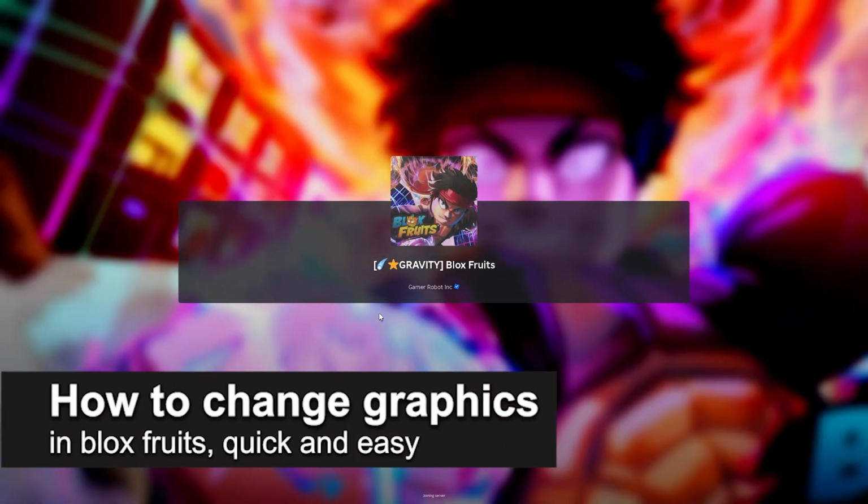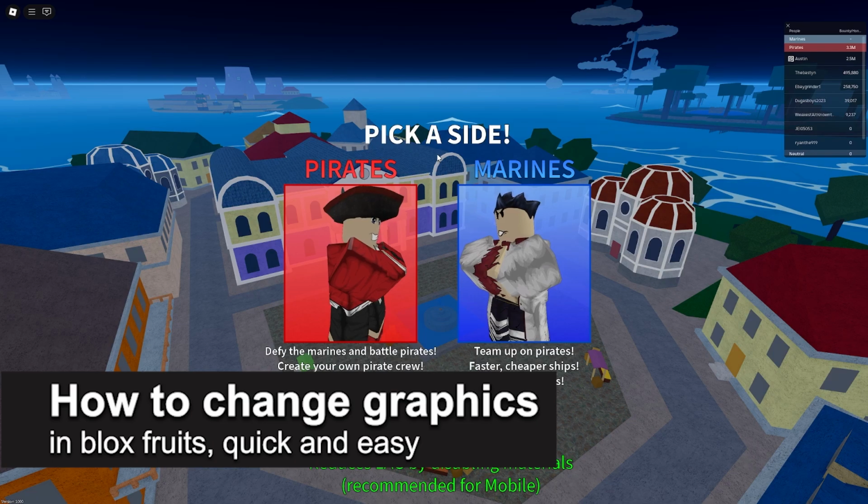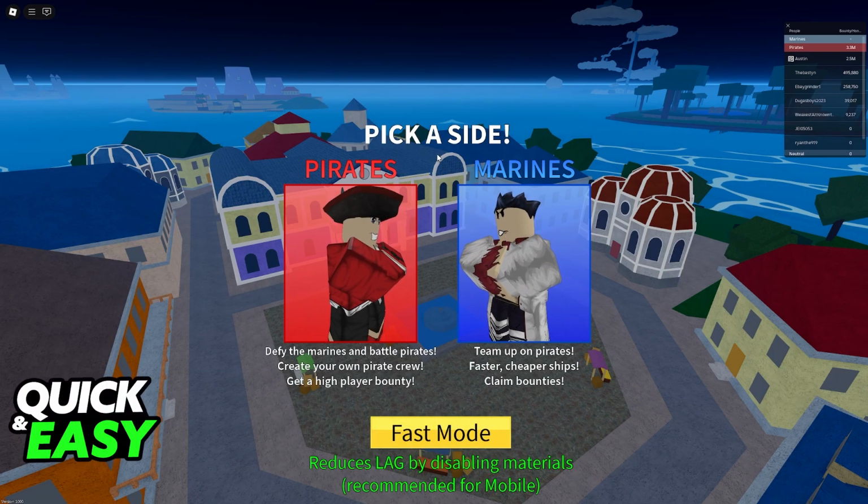In this video, I'm going to teach you how to change graphics in Blox Fruits. It's a very easy process, so make sure to follow along. In this video, I'm going to showcase the two main ways to change the graphics settings for Blox Fruits. So first, I'm going to showcase how to do it inside of the game, and then I'm going to be